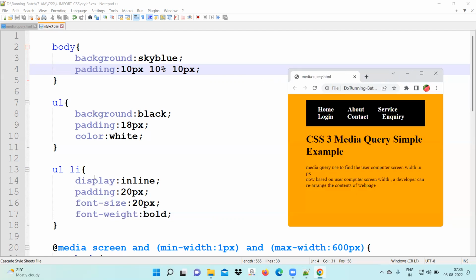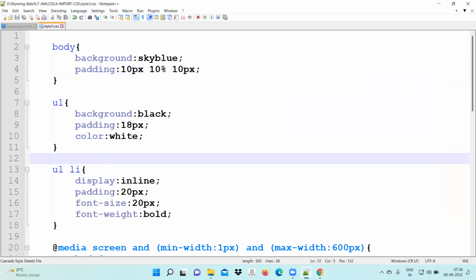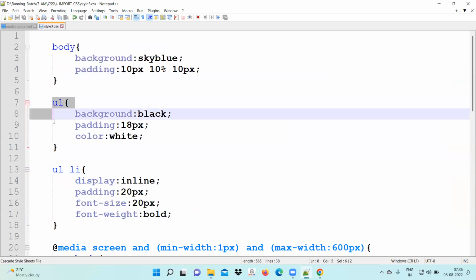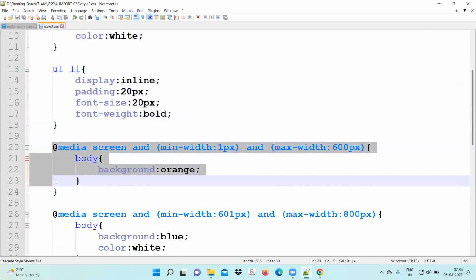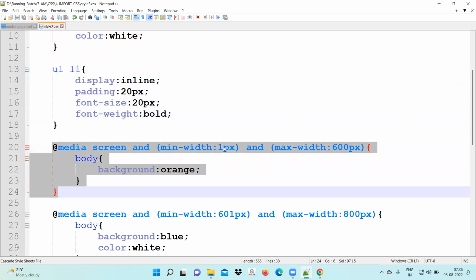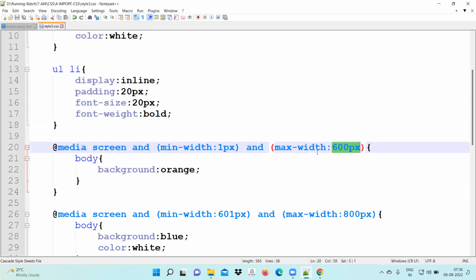Okay, so come down for the first. Let's go to the small device. So you added for this one ULLI. Now come, this is for the small screen. Range between 1 pixel to how much? 600 pixels. In that you write